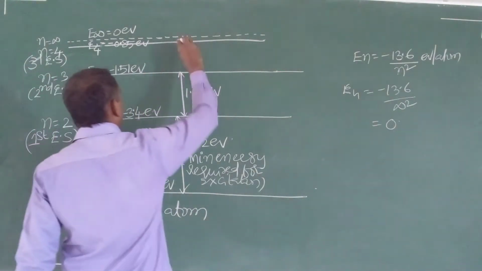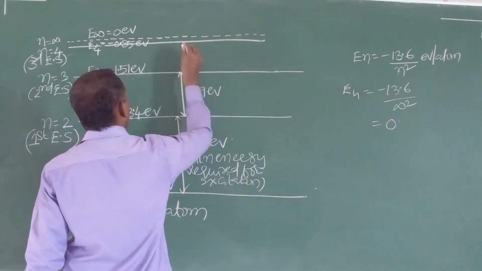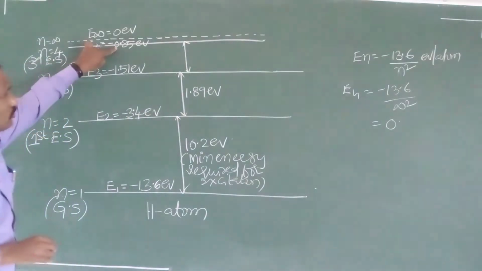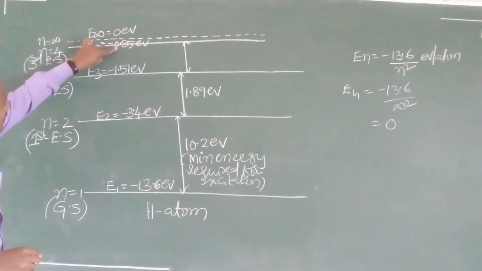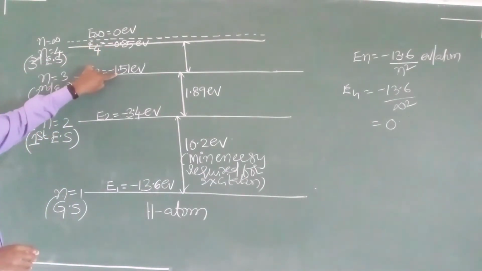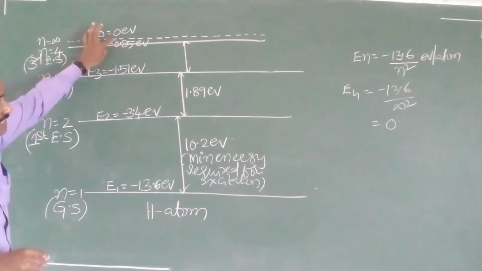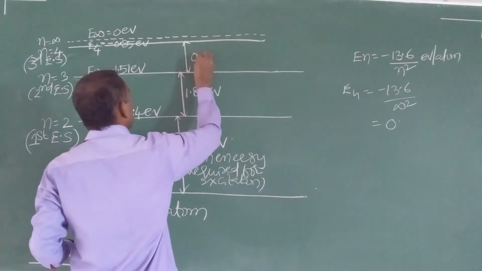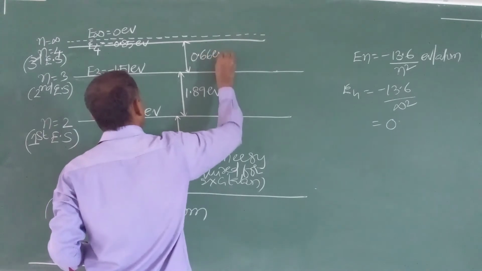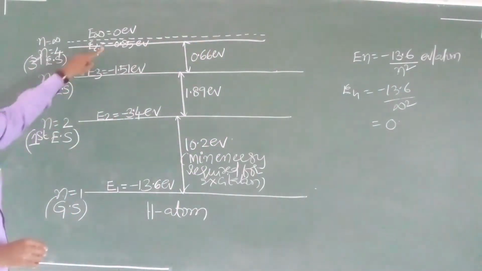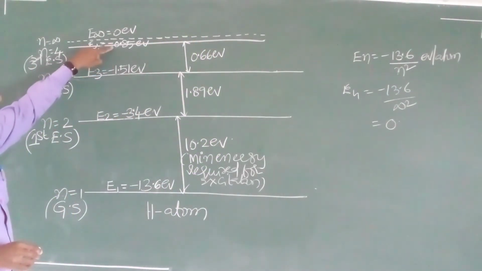Next, if you are calculating the difference between these two orbits, higher minus lower, minus 0.85 minus of minus 1.51, if you calculate these two, you will get 0.66 electron volts. So higher minus lower, minus 0.85